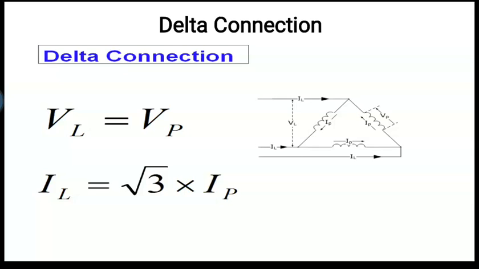So there is one relation which we have to remember. In a delta connection, remember that line voltage is equal to phase voltage, that is VL is equal to VP. In fact, in our notes we will see VPH. P means phase, PH is also phase. So don't panic when you see VPH. It is one and the same thing. So VL is equal to VPH, and line current IL is equal to root 3 into IPH. So there is a difference between line current and phase current. Line current is equal to root 3 into IPH. So this is a delta connection.